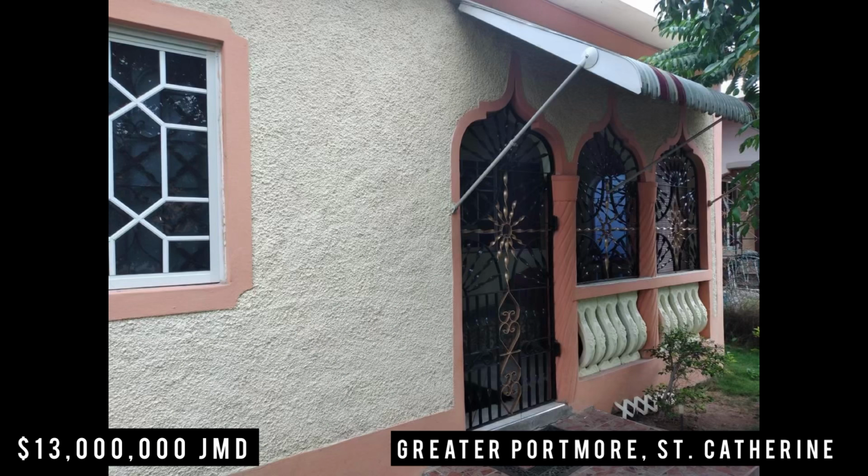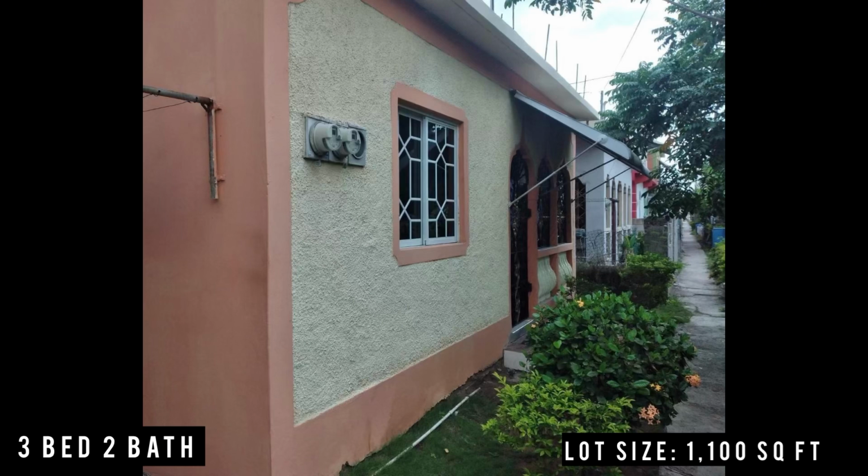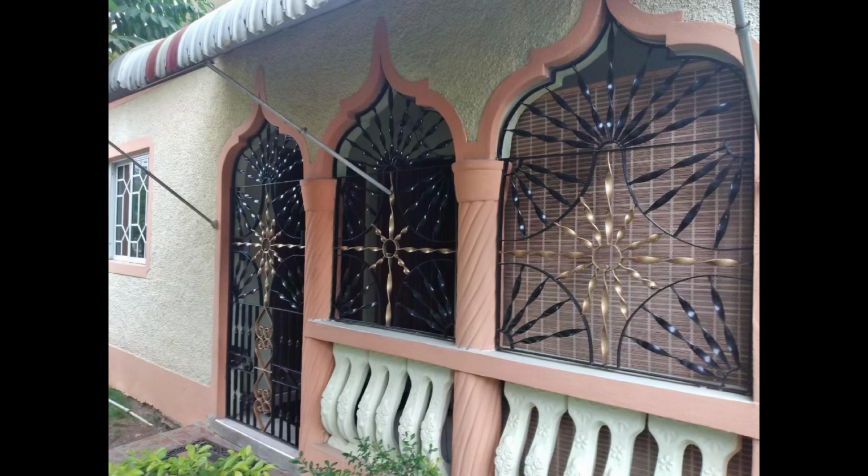So let's take a look at this lovely home in 4 East, Greater Portmore, St. Catherine. It's listed for 13 million Jamaican dollars or US $84,465 or 64,702 pounds. Now guys, this one is a 3 bedroom, 2 bathroom property and it sits on a lot size of